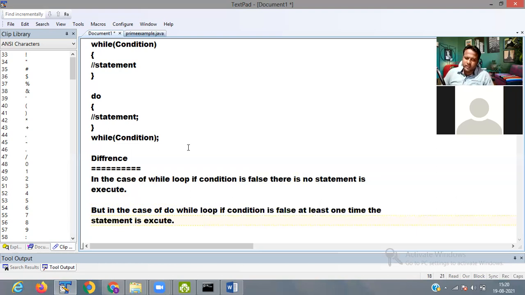Okay, so in the case of while loop, if your condition is false, no statement is executed. But in the case of do while loop, if condition is false, at least one time the statement is executed.